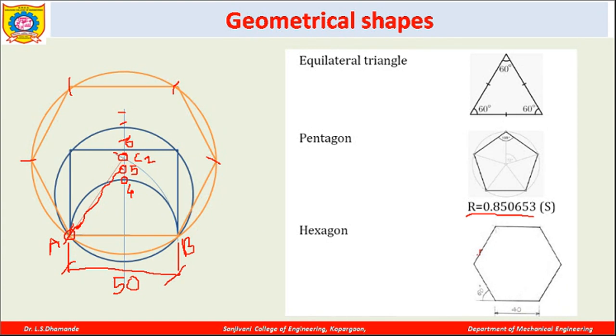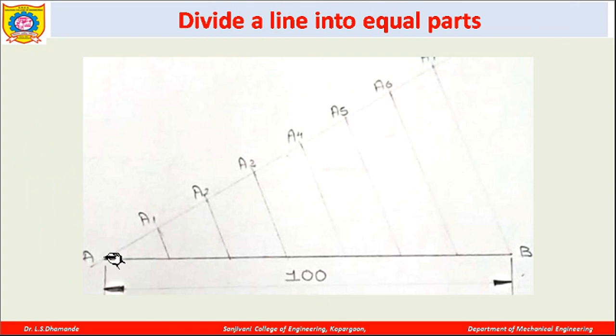Now we will see that if I have to divide a particular line, like this line AB is there, I have to divide this line into some equal number of parts. So for that, a very simple method is that you just draw a line at any angle like this, and suppose now I need 7 different parts of this particular 100 mm. So I will just randomly take a certain distance in the compass and go on marking this: first point, second point, third point, fourth, fifth, sixth, and seventh, like this. Then I will mark here A1, A2, A3, A4, A5, A6, and A7.